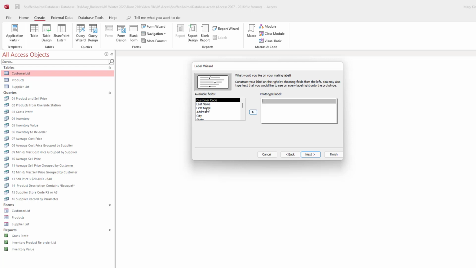So I will select the first name and then click on that arrow to move it to the prototype label side. And then I'll use the spacebar and then select last name. Use the arrow to move that to this other side, and then I will press enter and select the address, move that using that arrow, and then again I'll press enter and select city,